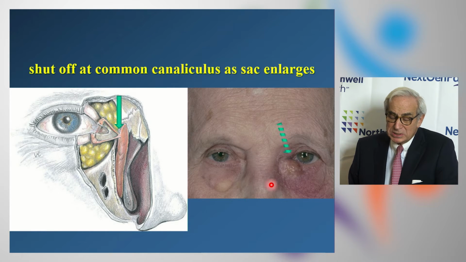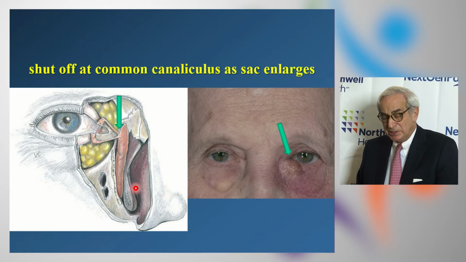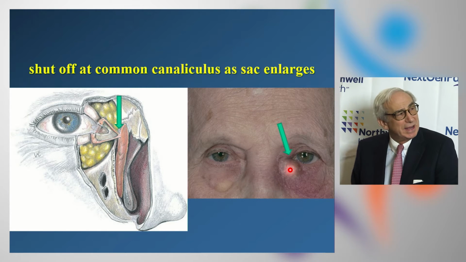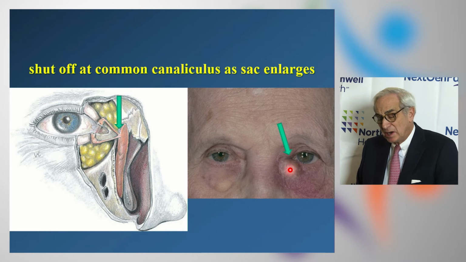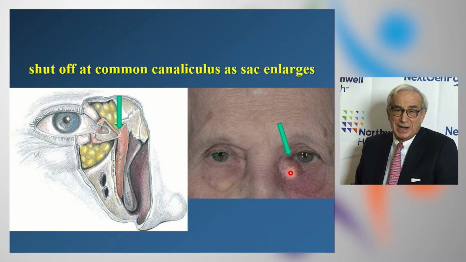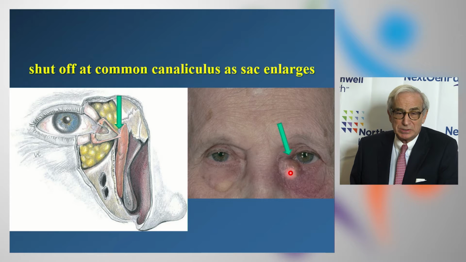So what's the outcome if one didn't open a nasolacrimal system? As with any stream that can't move, the lacrimal sac will blow up, and as here in this one image in an adult, a shutoff occurs at the entrance to the nasolacrimal duct and to the common canaliculus, producing an abscess. Now, this is not that common in children, but yes, you will see craniofacial children appear with a mass